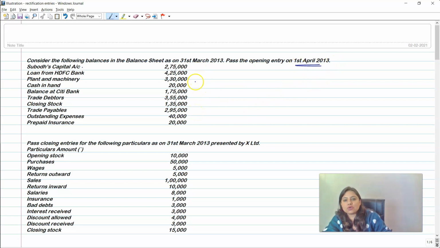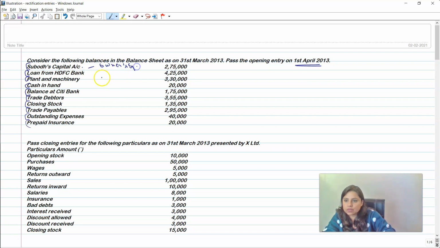So we have to pass the entry, and we saw that all the debit balances or all the asset accounts would be debited and all the liability side accounts would be credited. Here we have to determine the nature of these accounts, whether it is an asset, a liability, or a capital account, and thus we would be able to determine whether we have to debit or credit such balances. As we see, this is owner's